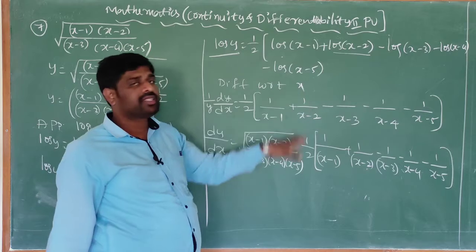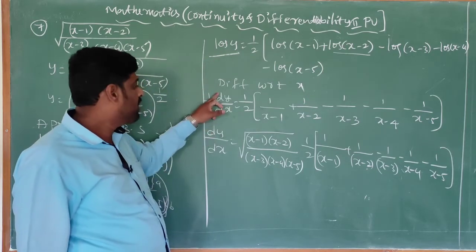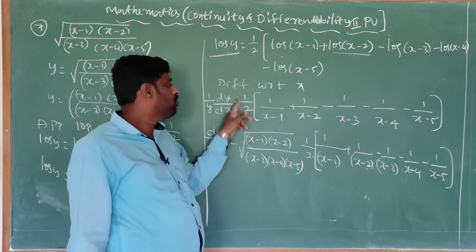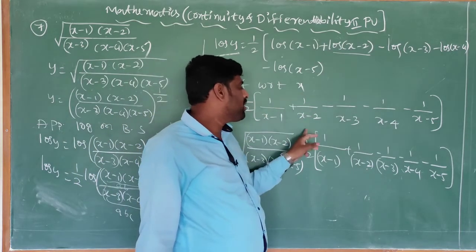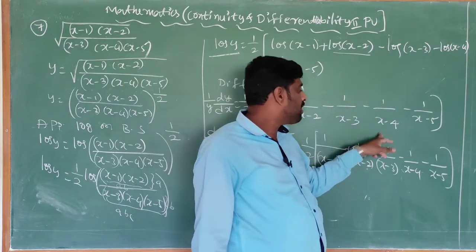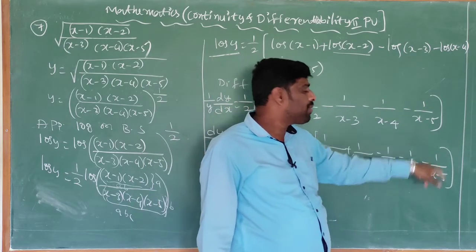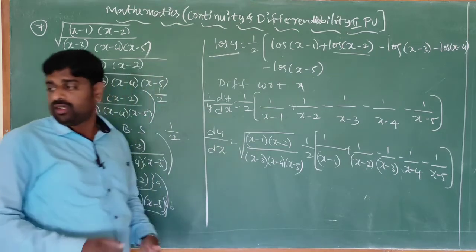So now differentiate with respect to x. So log y differentiation is 1 by y, dy by dx is equal to 1 by 2 times [1 divided by x minus 1 plus 1 divided by x minus 2 minus 1 divided by x minus 3 minus 1 divided by x minus 4 minus 1 divided by x minus 5]. And again substitute y value. Next,